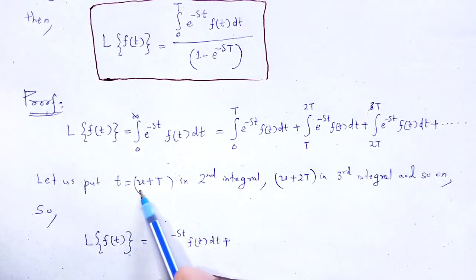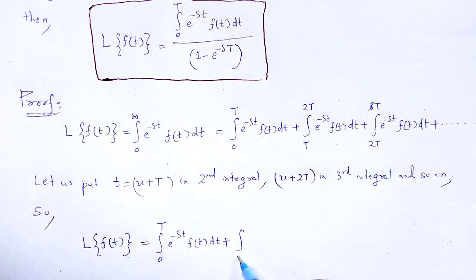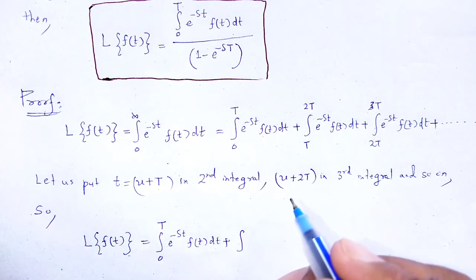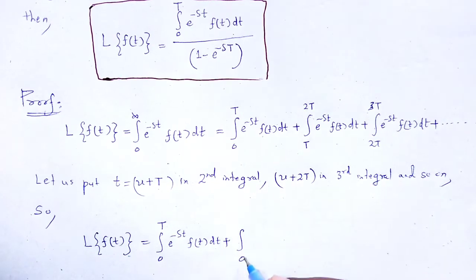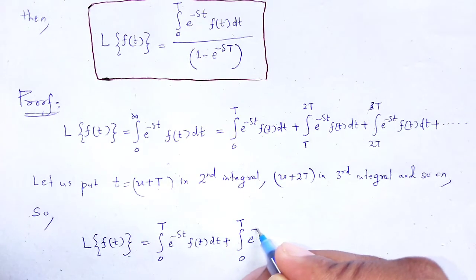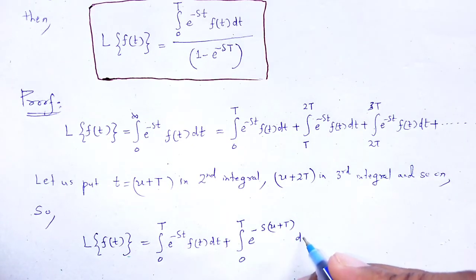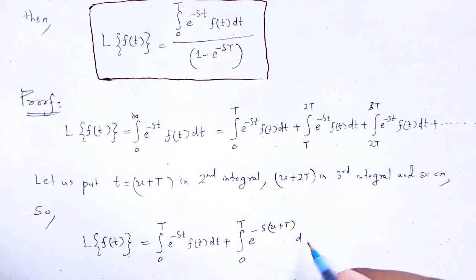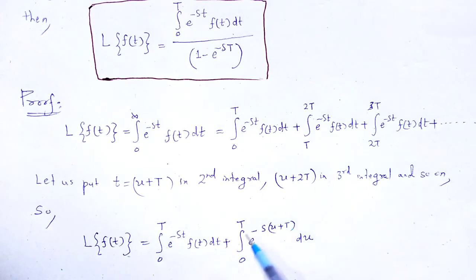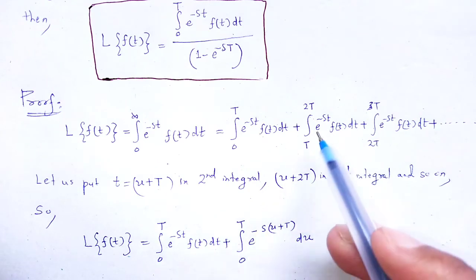Here in place of t we substitute u plus capital T. So, integration from 0 to T e to the power minus s of u plus T f of u plus T du, and the limit of integration from 0 to T